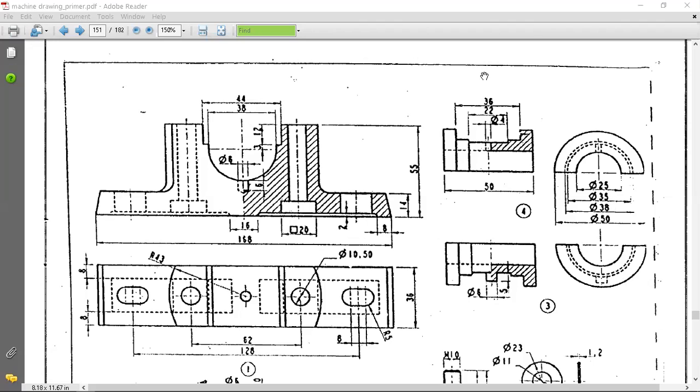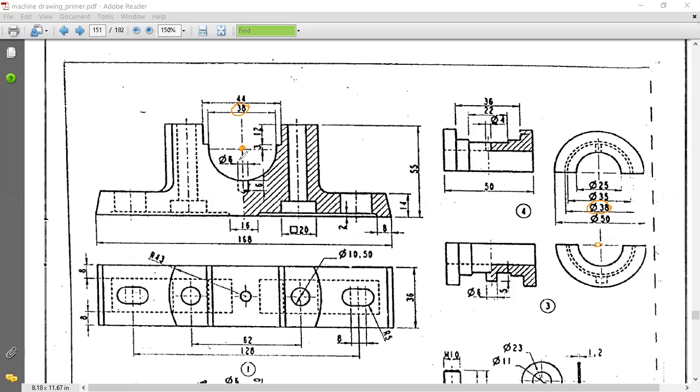So these two diameters should match. While drawing, please make sure that this 38 and this 38 should coincide in the assembled drawing. That means, here is the center of that. So this is the center. This is the 38 diameter, and here also this is the center. So it is a semicircular portion. This is the center.